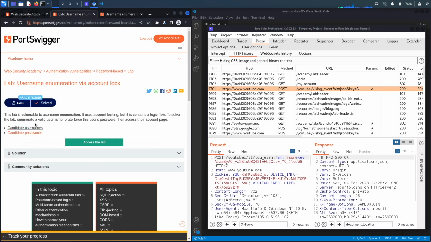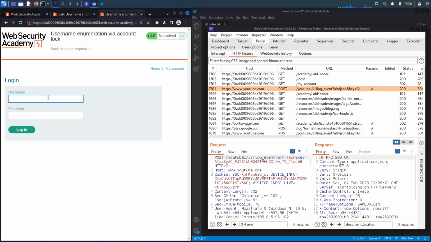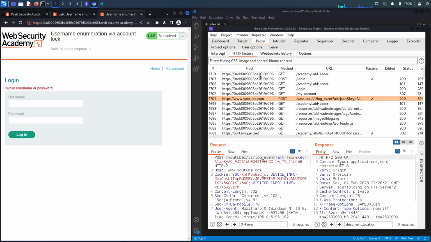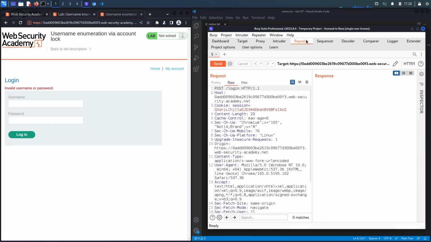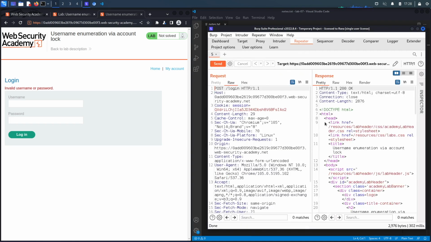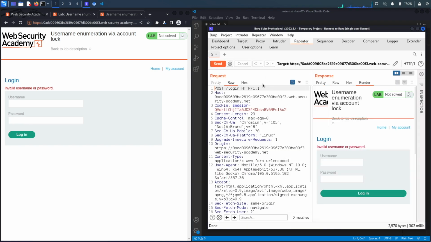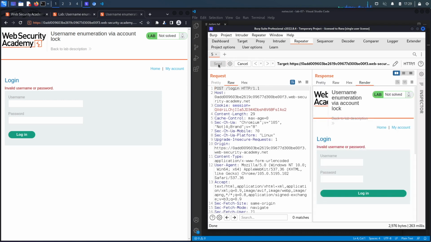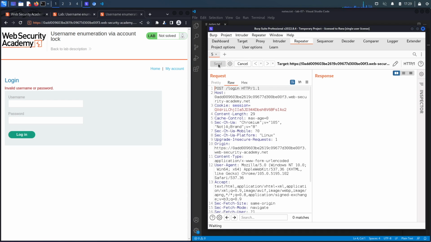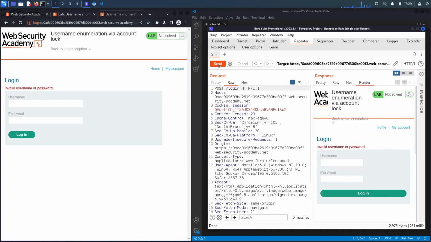What we're gonna do is, let's say the first username is Carlos, and the password, let's say, is test. Hit login. So this is probably an invalid username and password. Let's send this to Repeater. Hit send. Click on render. You've got invalid username and password. Render again. So that's number 2, number 3, number 4, number 5, number 6, number 7, and we don't get